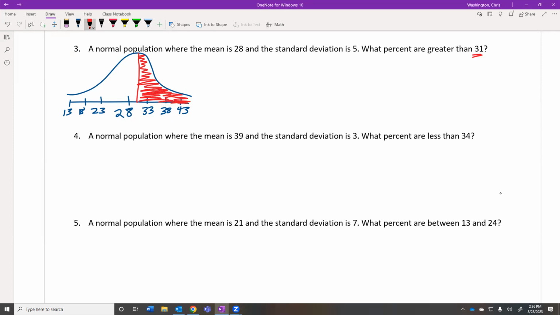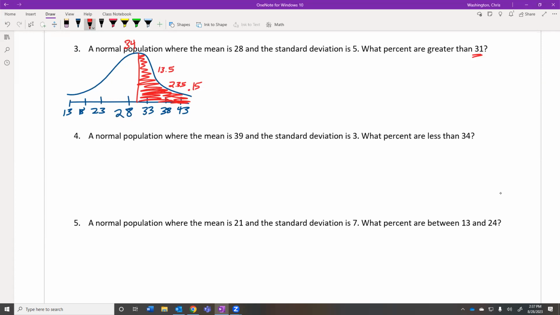And I know to the right of 43 would be 0.15. Between 38 and 43 would be 2.35. Between 33 and 38 would be 13.5. But then between 28 and 33 would be 34. So how much of that 34% are we using? I don't really know. So we can get to a really close estimate using the 34, 13.5, 2.35, and 0.15,